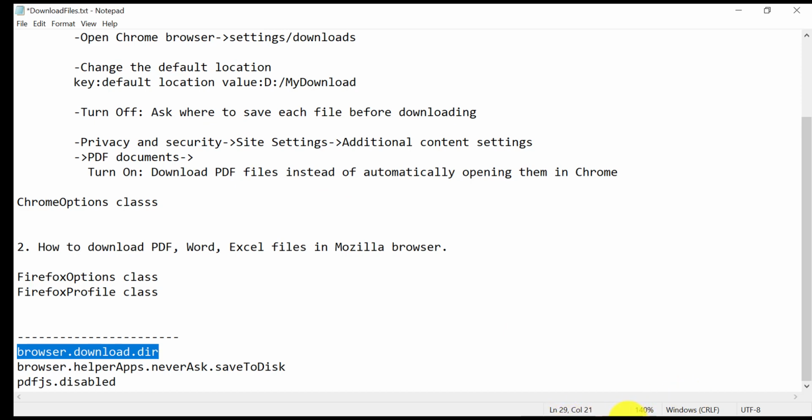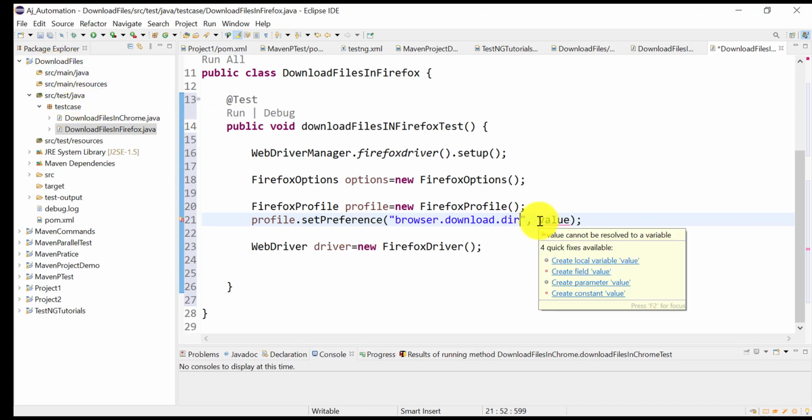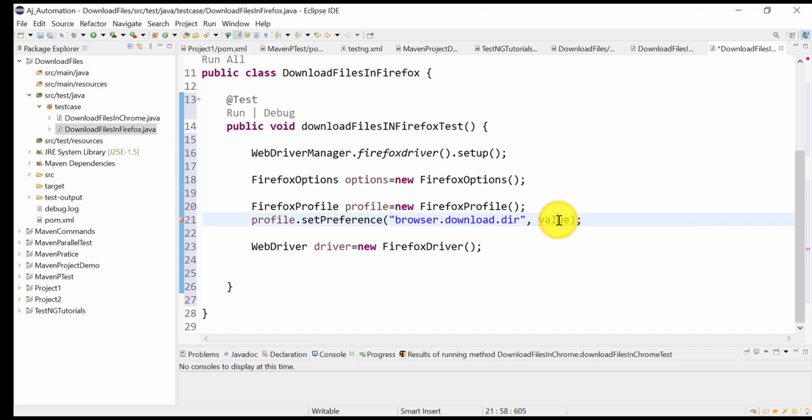We are setting up the default directory where you want to save the files. Okay, so it's up to you where you want to save the files. If you want to save the files in your folder structure, you can do that from here. Okay, so maybe we will do that.